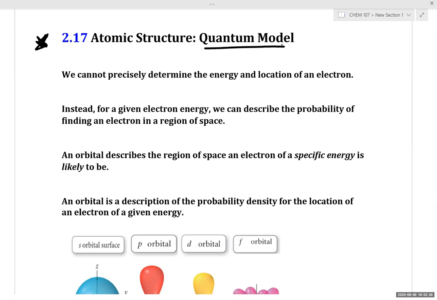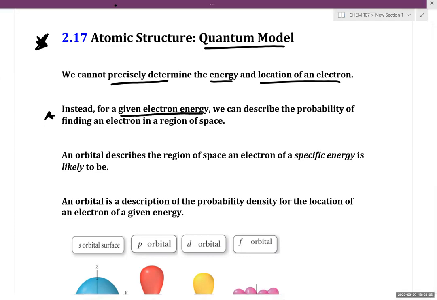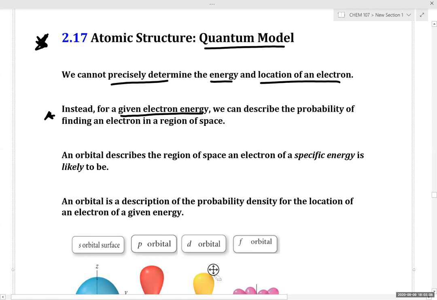So the quantum model is the most recent model and has the greatest predictive power of all of these atomic models. And the quantum model is built on the following idea. We cannot precisely determine the energy and the location of an electron. Fundamentally, we can't figure out both the energy and position. So we're sort of stuck there. So instead, for a given electron energy,